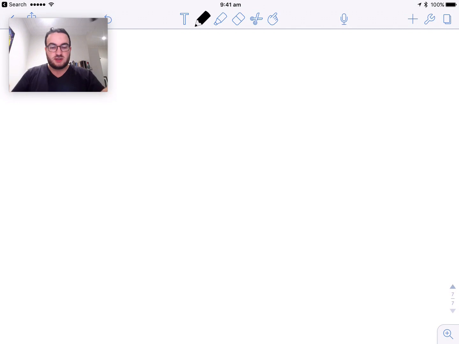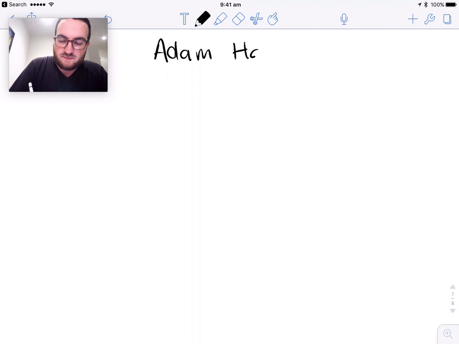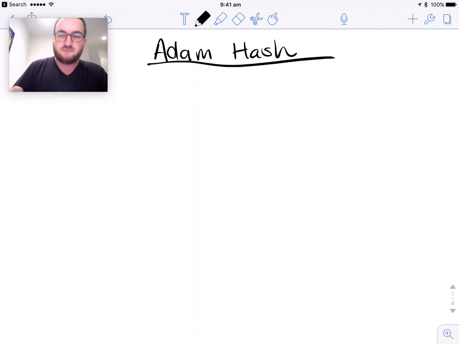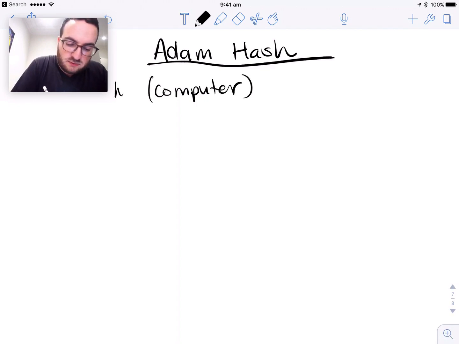Okay, so I'm going to really quickly give a demo of a hashing algorithm so we can see these properties in action. So let's say we have a really bad hashing algorithm. It's my favorite hashing algorithm. It's called the atom hash. And the atom hash is really simple, and it makes for a really bad hash. Because what you do is you just take a word like, I don't know, computer, and to hash it, all you need to do is remove all the vowels. So this becomes